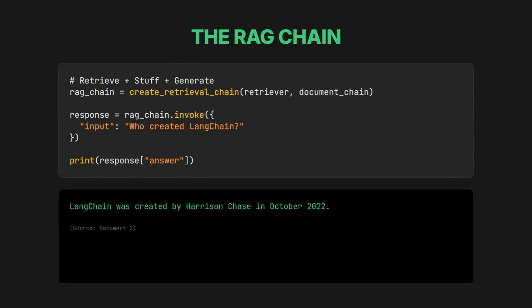Finally, we put it all together. We use create retrieval chain. This connects our retriever to our model. When we ask "who created LangChain," the chain does three things automatically. It queries the vector store for relevant chunks, it stuffs those chunks into the prompt context, then it sends everything to the LLM to generate the final answer. The result is an accurate answer based on our private data, not just what the model was